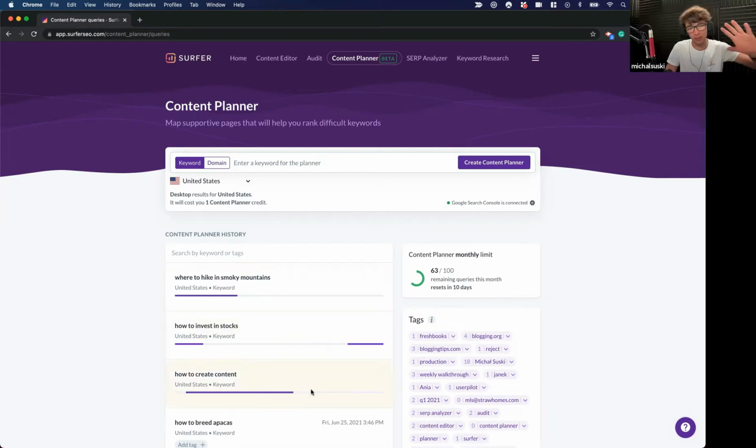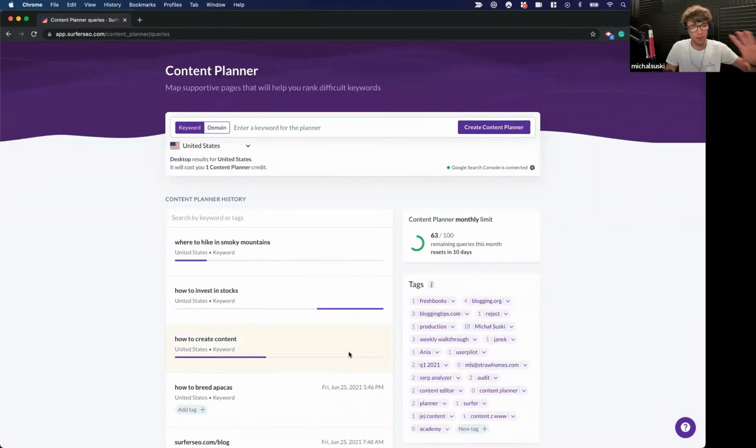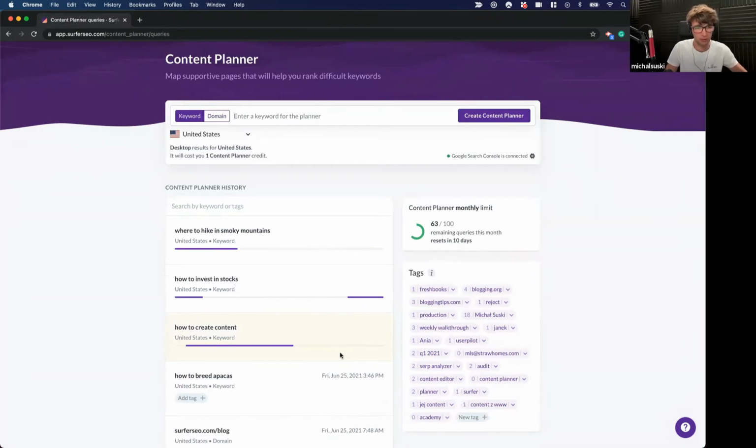But in the meantime, while they are being created, I will go back to the one that I was showing. So in general, it takes minutes. Or I will tell you what it does because it is pretty cool information. Basically, it analyzes your competitors that show up for how to invest in stocks. And it checks what are the articles that help them build topical authority around that topic, so they become these experts actually.